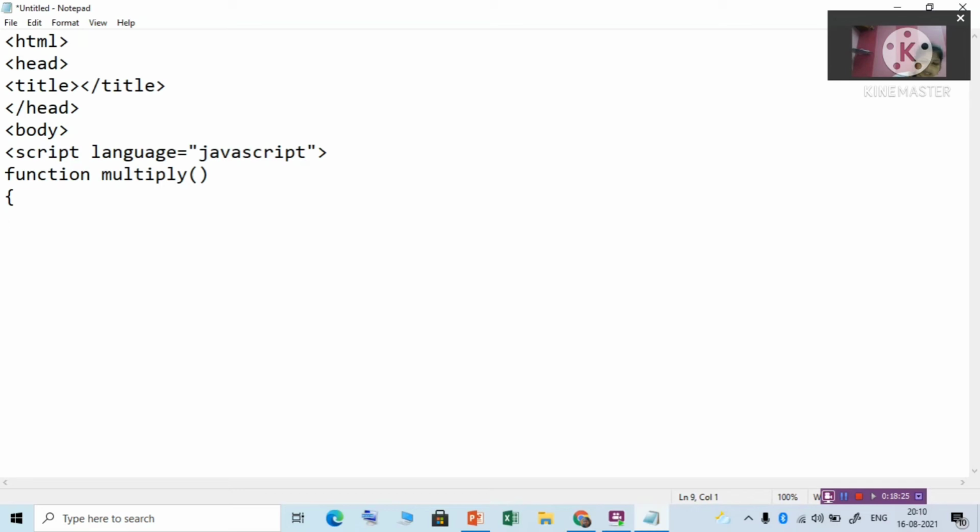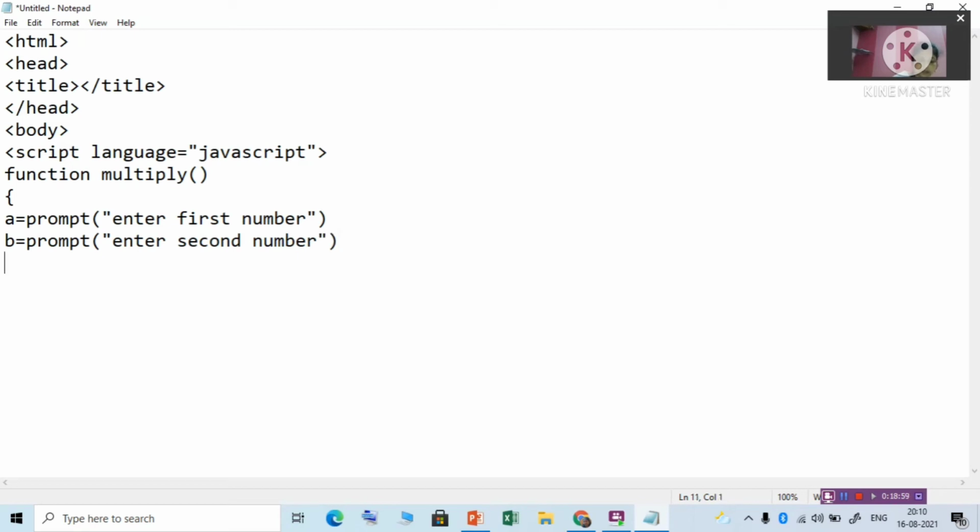Then you write, suppose a is equal to prompt, then b is equal to prompt.